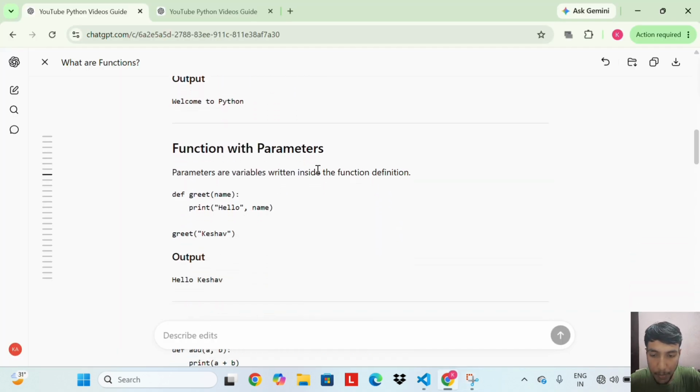Functions with parameters. Parameters are variables written inside the function definition.